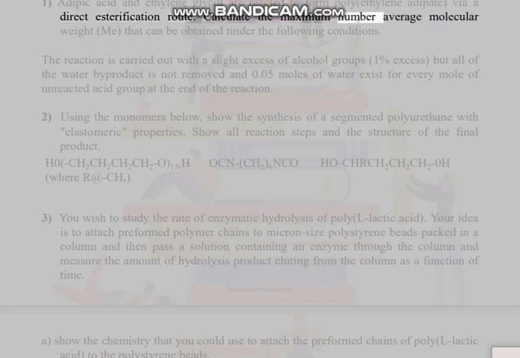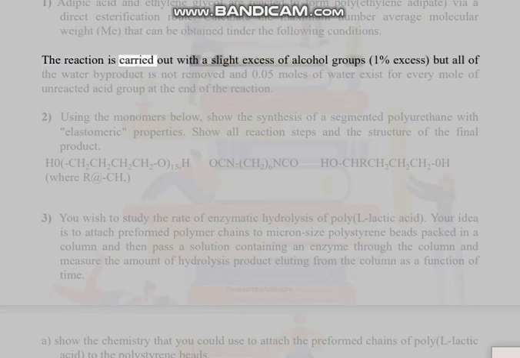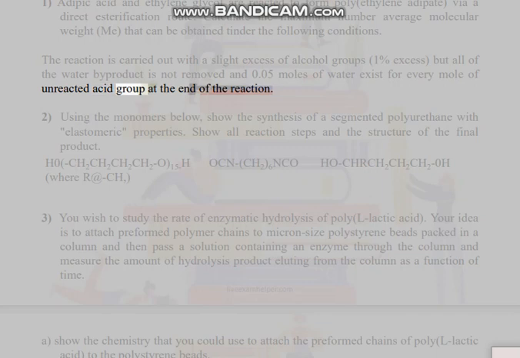1. Adipic acid and ethylene glycol are reacted to form polyethylene adipate via a direct esterification route. Calculate the maximum number average molecular weight, Mn, that can be obtained under the following conditions. The reaction is carried out with a slight excess of alcohol groups, 1% excess, but all of the water byproduct is not removed and 0.05 moles of water exist for every mole of unreacted acid group at the end of